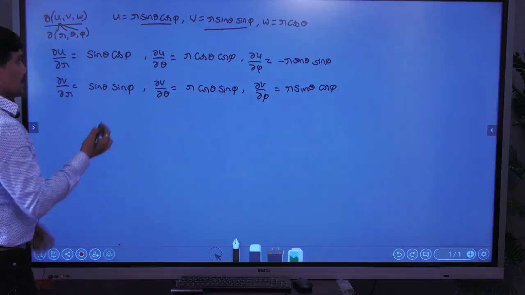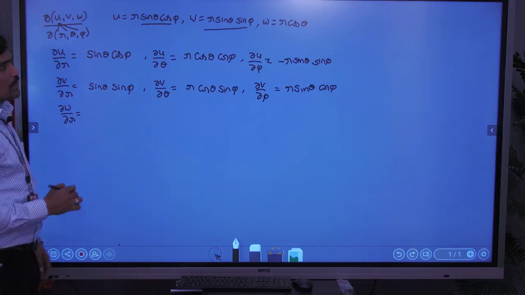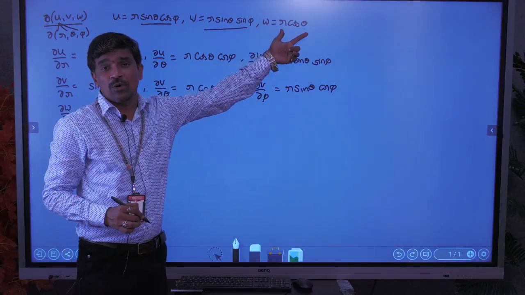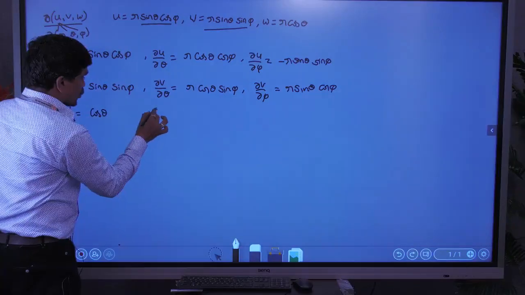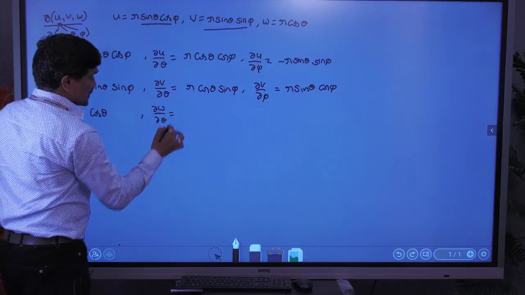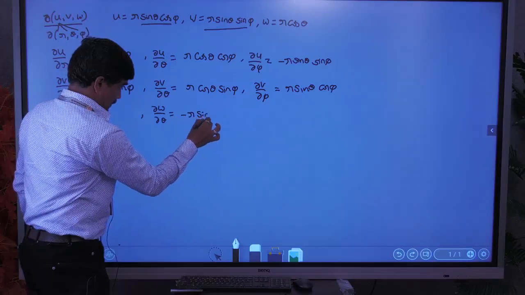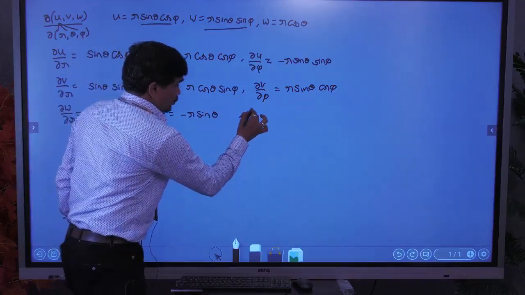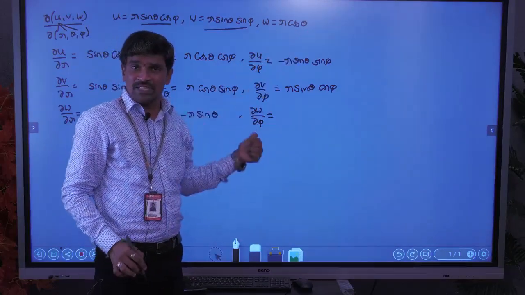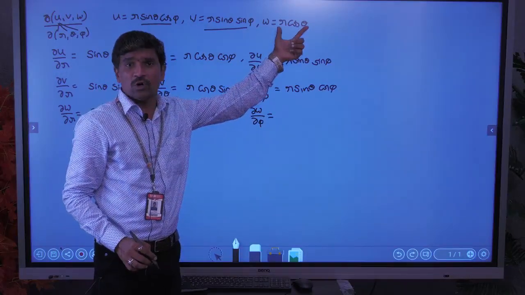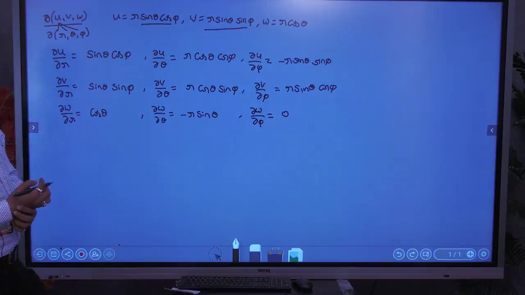Okay. Next take w, ∂w/∂r. What is ∂w/∂r? With respect to r, cos θ is constant, so the derivative of r is clearly 1. Next ∂w/∂θ. Here r is constant, and the derivative of cos θ is minus sin θ. Next ∂w/∂φ. With respect to φ, the function is in r and θ only, so the whole function is constant, and the derivative of a constant is 0, right? So these are the derivative values.